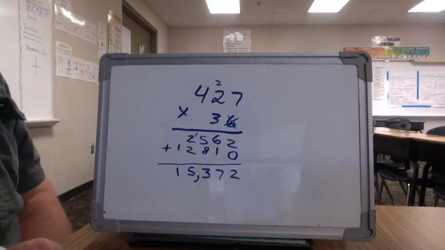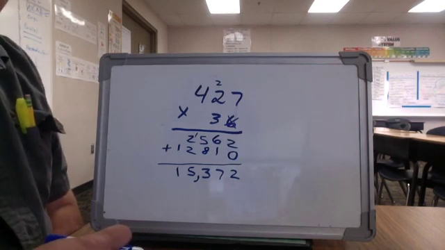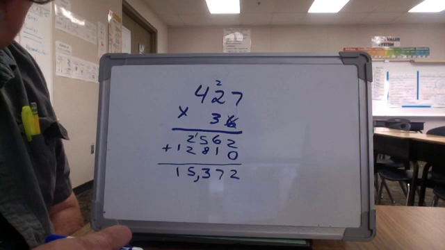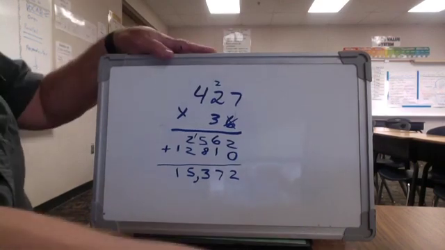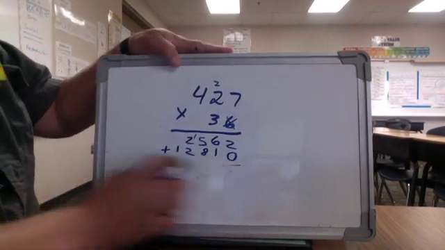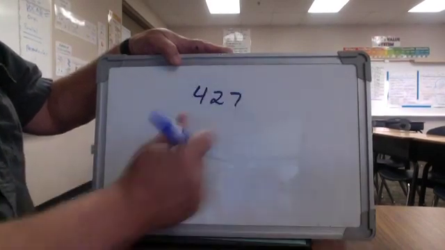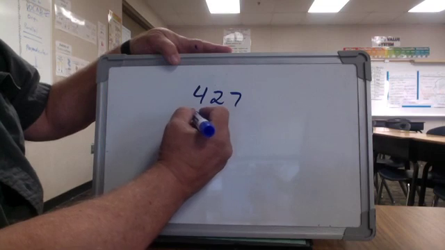So if you'd like to pause there for a moment and maybe try a couple of these on your own to make sure you understand the process, go back in the video and watch this again if you're getting stuck and not able to do it. And then you can come back to this point in the video and we'll start up again with 3 by 3s. So I'm going to erase now and get ready for 3 by 3. I'm going to keep my 427 that I used last time. And let's replace the second factor with